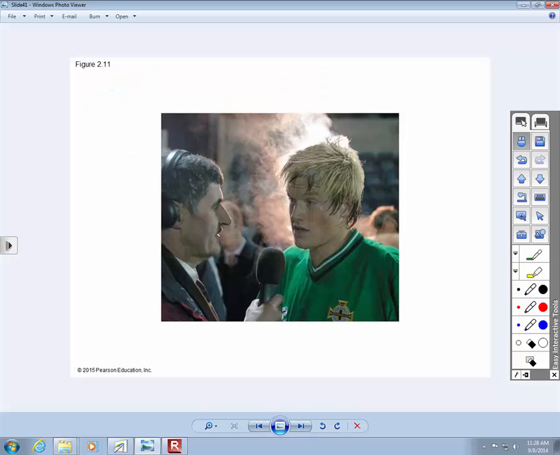Anyway, look at the steam rising off this guy. That's what you call evaporative cooling right there. That's amazing,